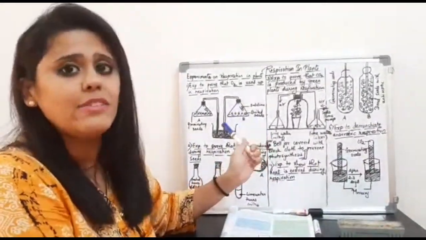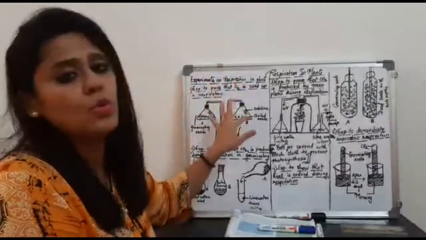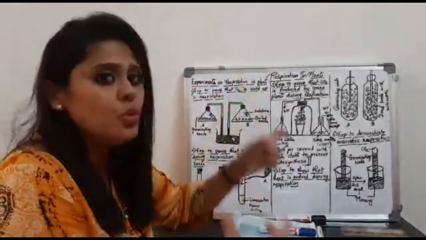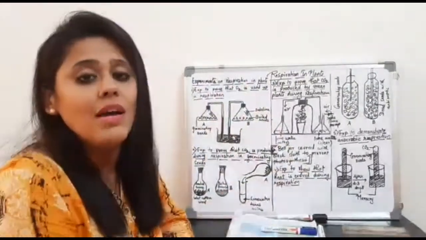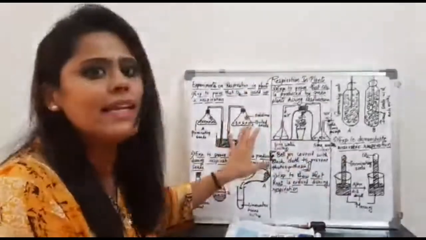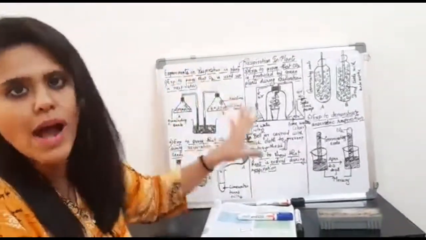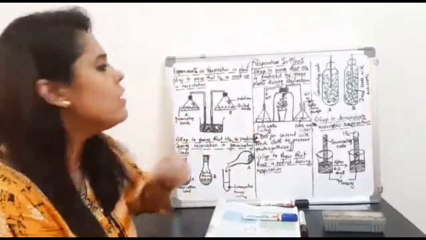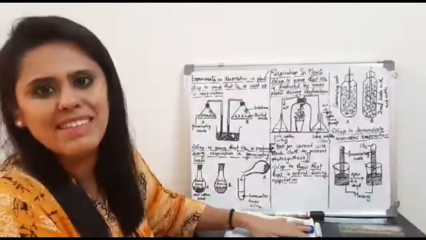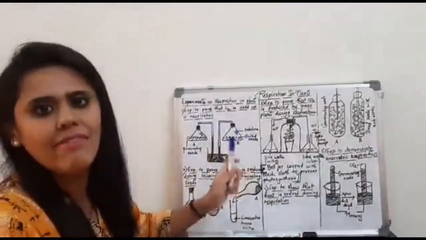Now why do we need an experimental setup and a control setup? So that the aim what you are trying to examine, like for example you want to examine whether oxygen is used up in the process of respiration or no. If you have a control, then only you can compare. अगर कंट्रोल है ही नहीं तो आप कंपेयर किससे करोगे, राइट? So control setup is always required for the purpose of comparison for the phenomenon or for the aim that is missing. Okay, clear? So A is having germinating seeds, B is having boiled seeds.